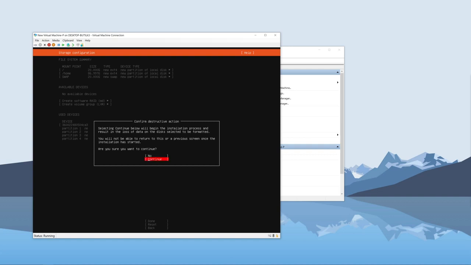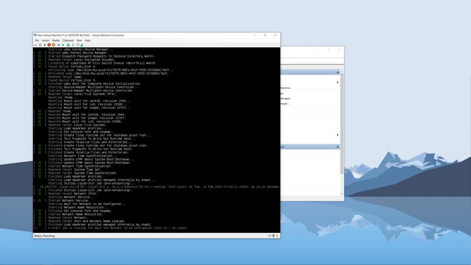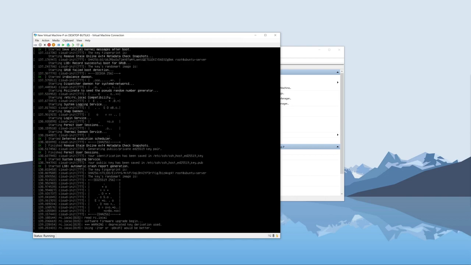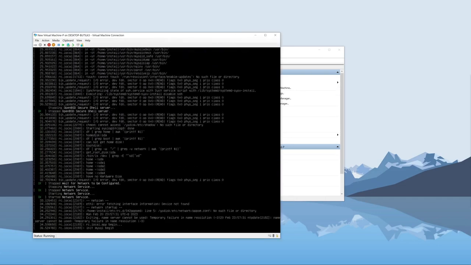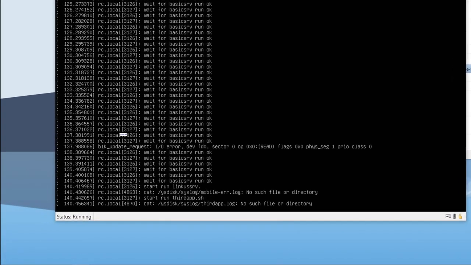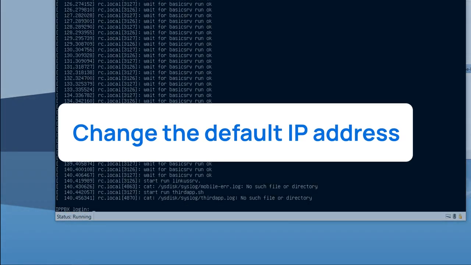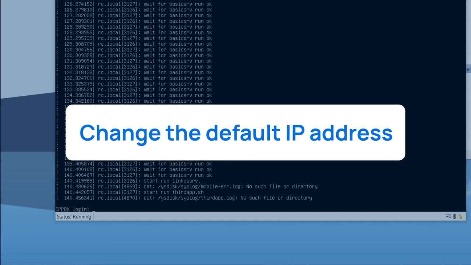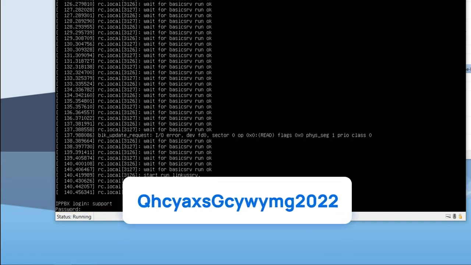In the pop-up dialog box, select Continue to start the installation. The P-Series PBX Software Edition will be deployed. Wait till the installation process is not running, then press Enter. When it's finished, we will see IP PBX login. Now, we can change the default IP address of this PBX before we access it. Here at the IP PBX login prompt, put in support and press Enter. Then at the password prompt, type